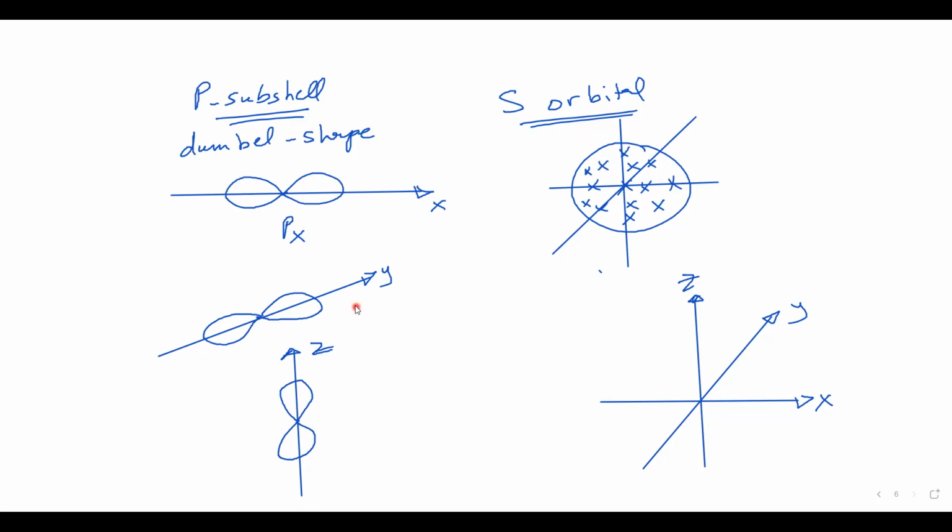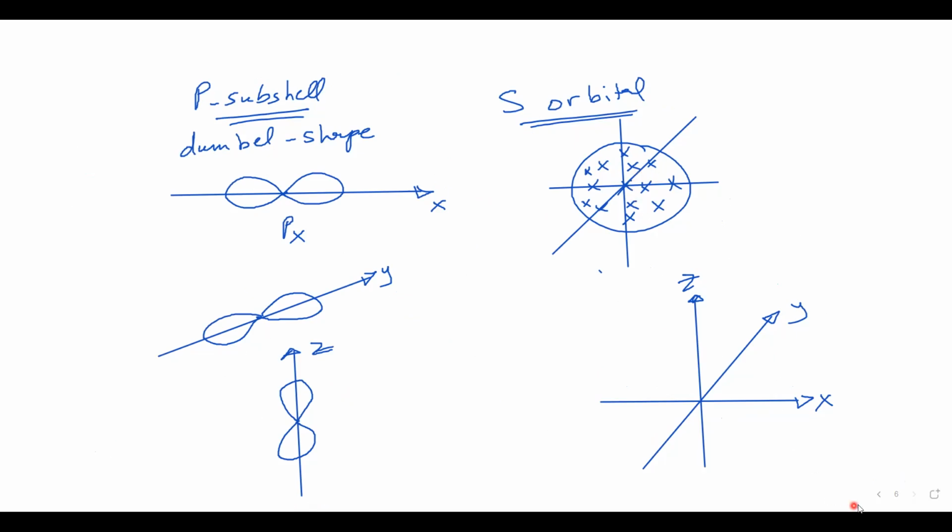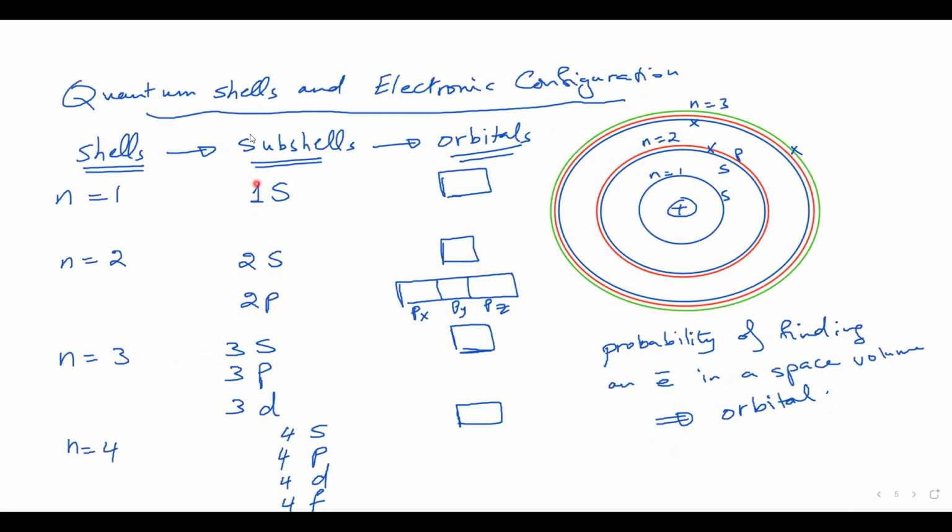They are not like the shells. They are not like the subshells. They are the probability of finding an electron in space. Understand what I mean, or shall I repeat this? You understand, or is it hard for you? We just want to know that in the case of the s subshell, it has only one orbital, which is the spherical shape orbital. And if we have a p subshell,